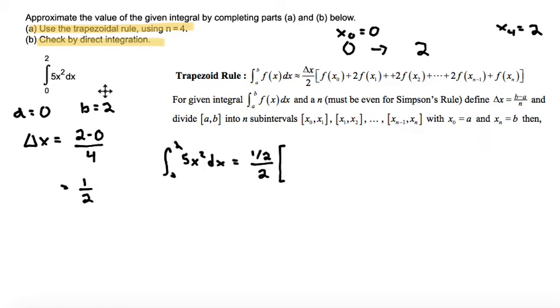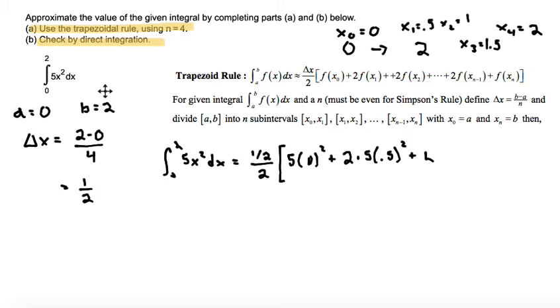So breaking that up, for 4 subintervals, we would need x1 to be equal to 0.5, x2 to be equal to 1, and x3 to be equal to 1.5 to evenly break up from x0 to x4. So plugging that in for f0, that would be f of 0 is 5 times 0 squared, plus 2 times f of x1, which would be plugging in 0.5, so that would be times 5 times 0.5 squared,